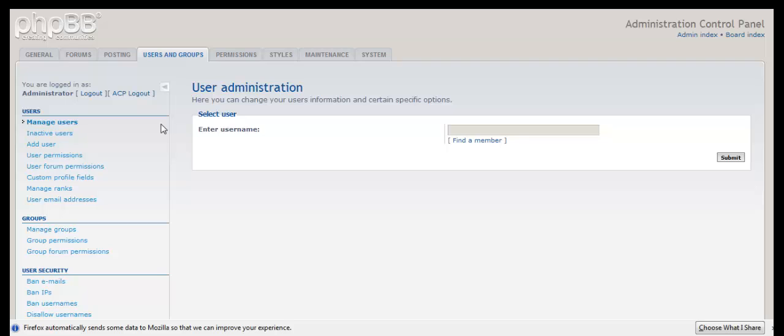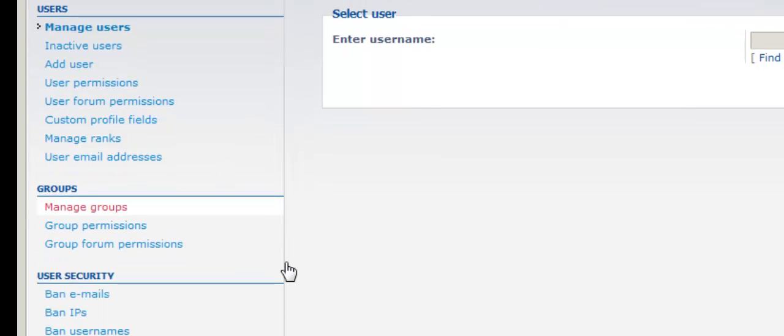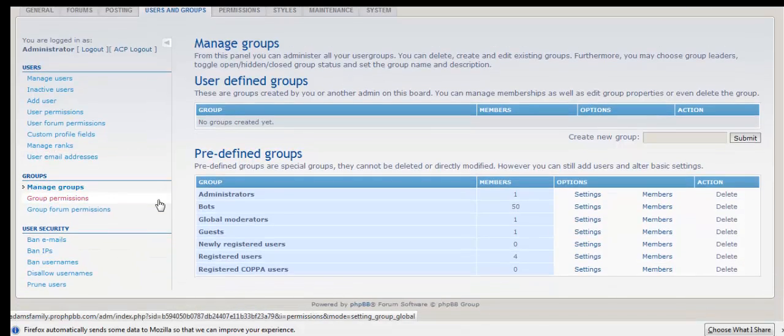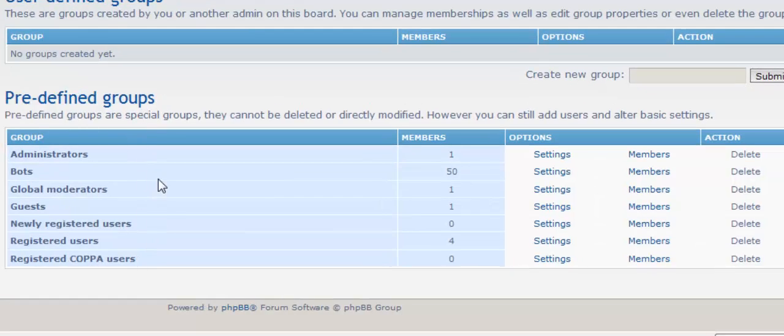Okay, so what I'm going to do now is just move the system really a little bit. Usually I start at the top and work down, but on this particular video I'm going to start with the groups first. So we'll go to manage groups first of all, and you will see that we have our predefined groups here. These are the default groups that come with the board software. So we can click on the settings in here. We'll look up newly registered users. We can look up registered users, and remember, the newly registered users are separate from the registered users. This was mentioned back in video 1, I believe.